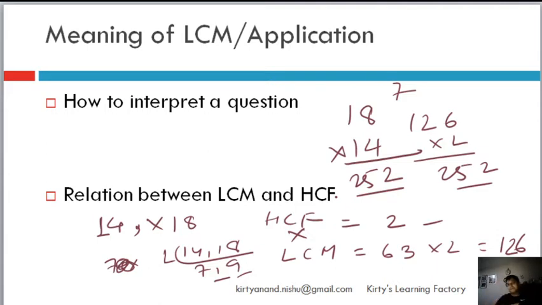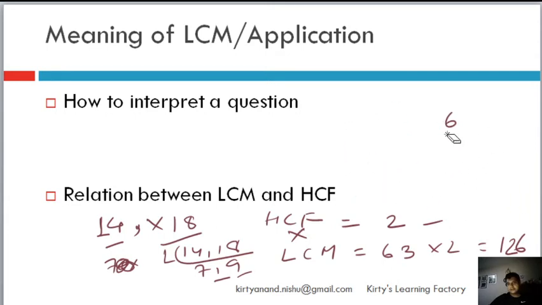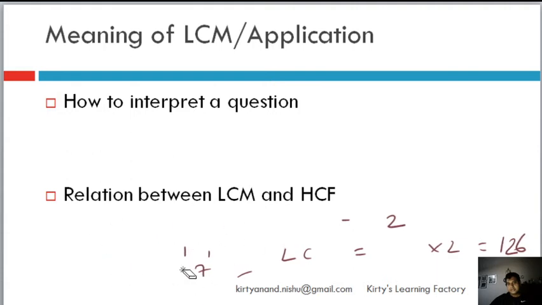Why? Think about it, why it happens like that. I think it's a very simple, intuitive answer. When we find HCF, there is a factor that we find which is the highest common factor, right? And then the lowest common multiple is basically, okay, let me not give a lot of verbal answer on it. Let me give a little bit of a mathematical answer to it.